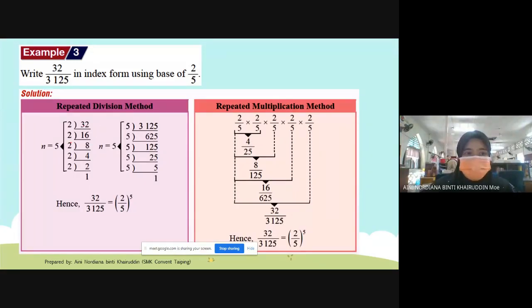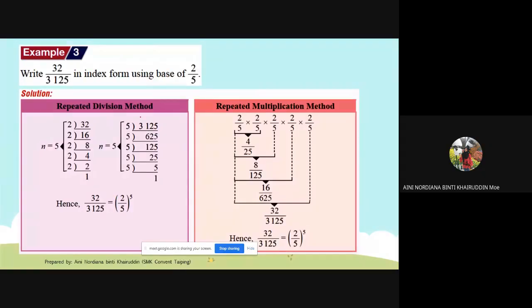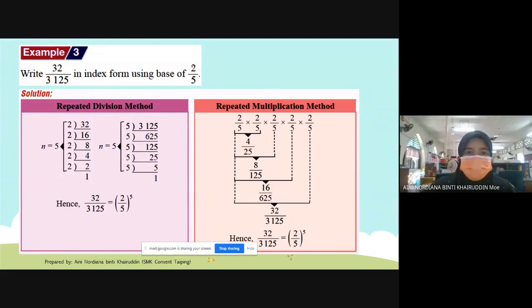You have to separate the numerator and denominator until you get 1. The numerator you divide by 2, the denominator you divide by 5, because the base is 2 over 5. It will give the same value n here, and then the answer, don't forget your bracket, 2 over 5